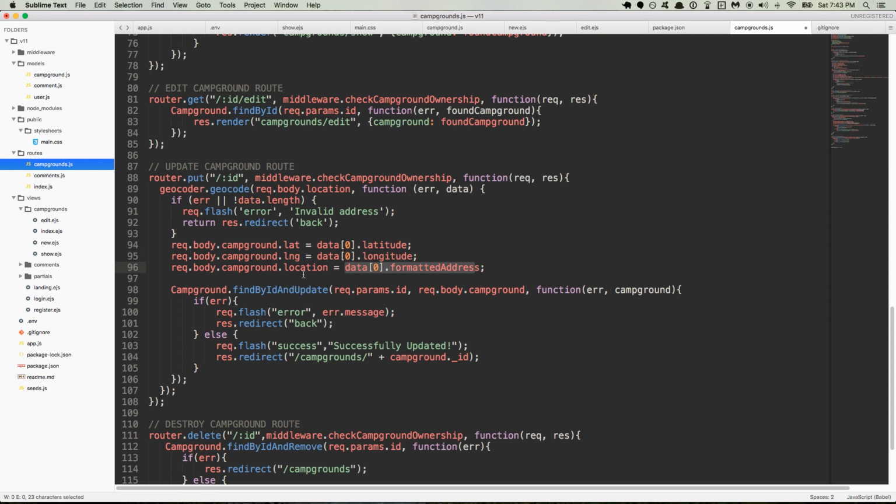So go ahead and set that equal to that, all three of these, and then here with the find by ID and update, we find it by its ID, and then we pass in the entire campground object that's coming in from req.body that we augmented with the latitude, longitude, and location from the API call. Now, one thing to bear in mind,